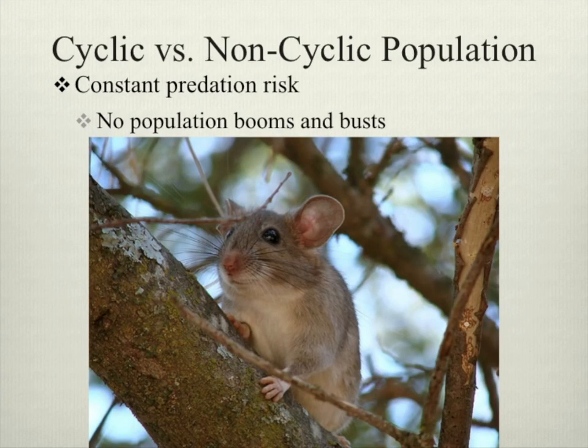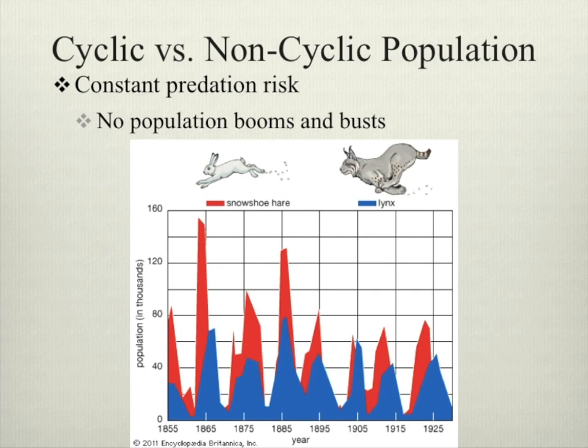There are non-cyclic populations where they experience constant predation risk. Their predator populations remain relatively stable over multiple generations. And this is in contrast to cyclic populations where the prey species will undergo massive booms in population growth, followed by the predators also increasing in size, consuming those prey and causing dramatic declines in their overall populations. This is where we see unpredictable risk come into play. So having such a long-term response wouldn't benefit their offspring.